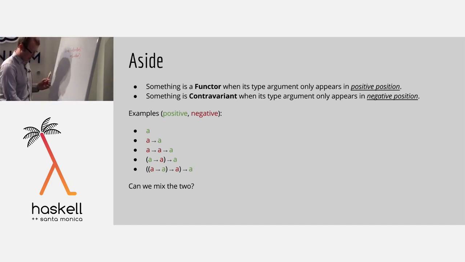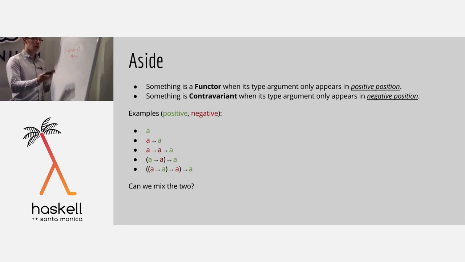Well, in this case, actually, you can implement that because you can just always return true or something. So let's fix this to be some abstract type. If you have some function from an a to a b and a function from an a to an x, and I give you a b, you can't produce an x in general because you need an a to produce an x, and I can't produce an a using this. So you can't write a functor instance for the left-hand side of the function arrow, but you can write a contravariant instance for